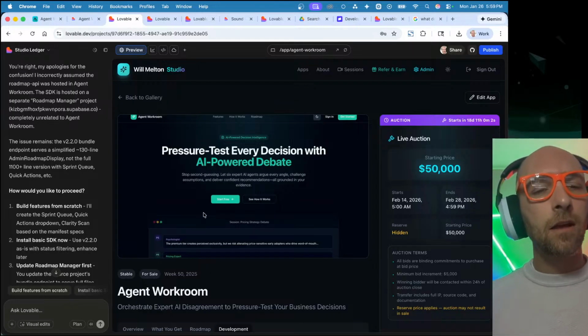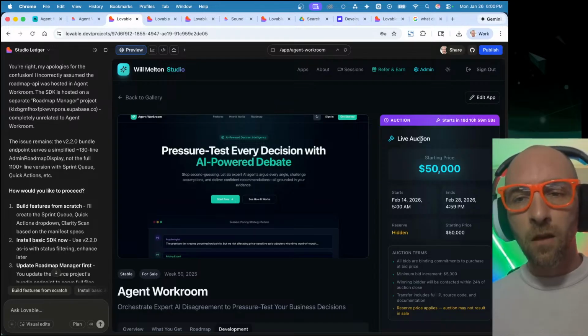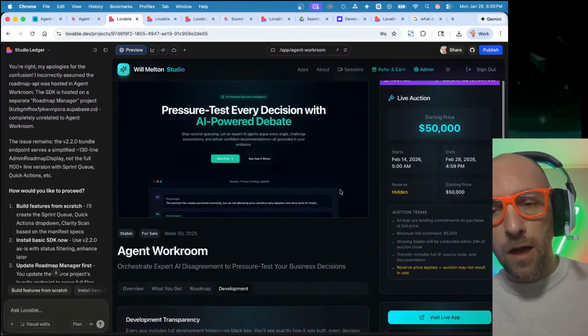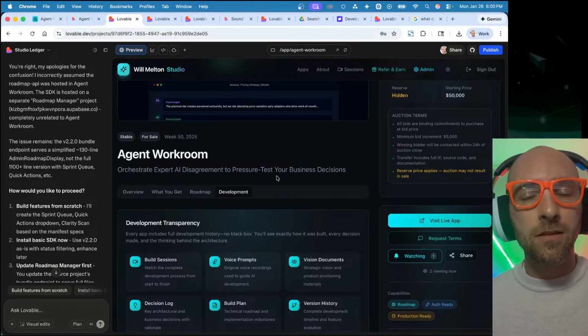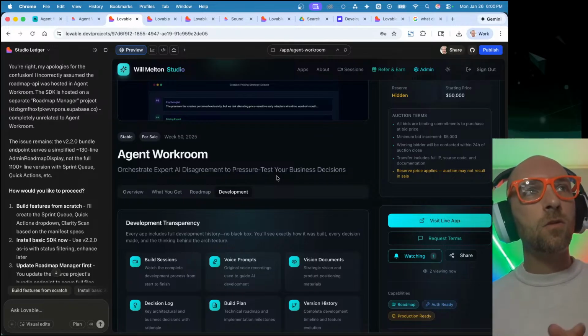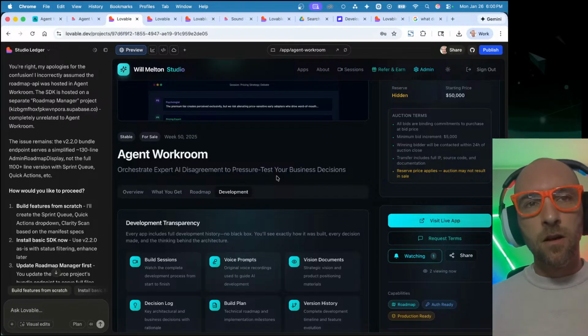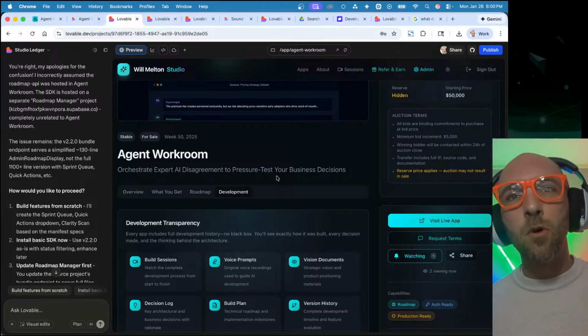So I can actually see real value in this, and that's why I do have a $50,000 price tag on it. But we're going to auction it off, and we're going to see what happens. We're going to find out. Maybe nobody has any interest in this. Maybe I'm still too early in this whole ecosystem of building, and my audience is sparse, and I don't have enough people to actually put eyeballs on this.